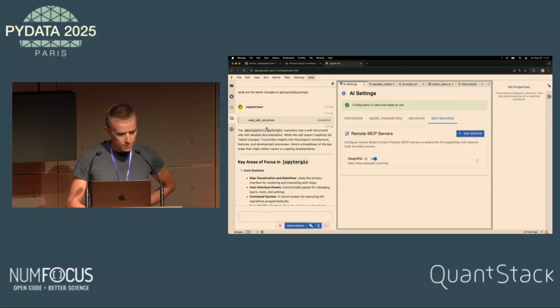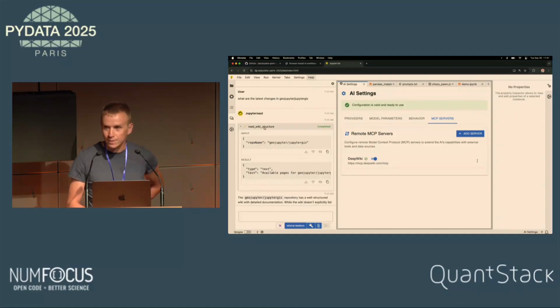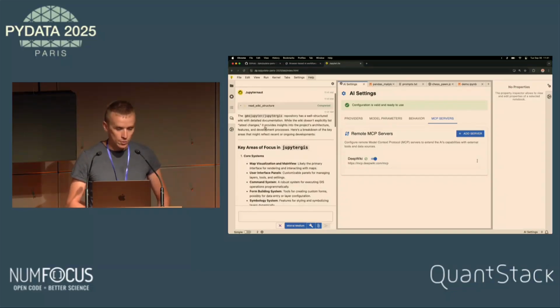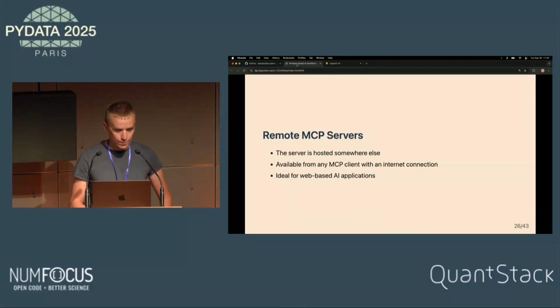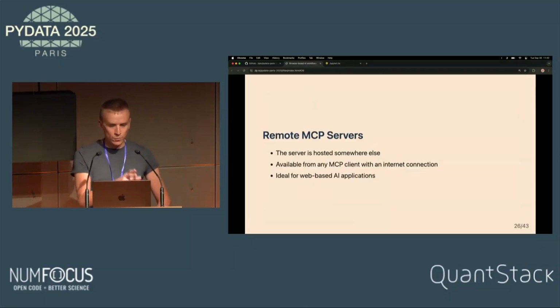Okay, it didn't really give me what I wanted, but never mind. I think the most important is this part here. This MCP server can also have more targeted queries on the Git repos. But the main point here is that you can execute tools that are not local to your computer. So I think WebMCP is still a thing. I think we have something about that at the end. Maybe we can skip it for now.